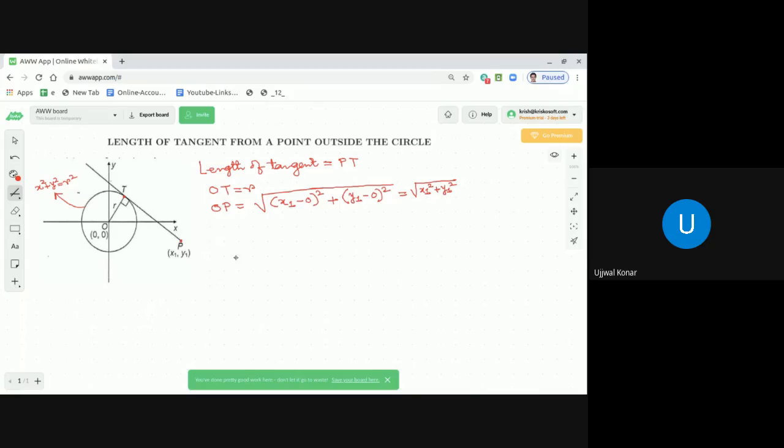Now the point is that we just need to construct a triangle. You see that OPT. If you see the triangle OPT, it is a right angle triangle. As it is a right angle triangle, we can apply Pythagoras theorem. So by applying Pythagoras theorem in this right angle triangle,